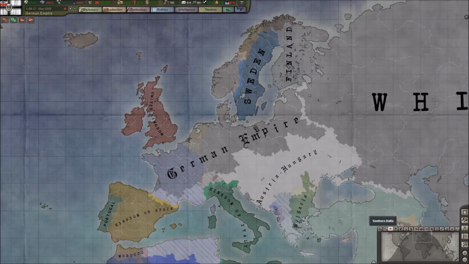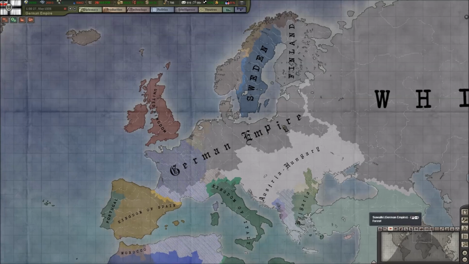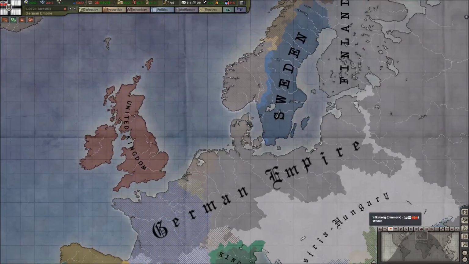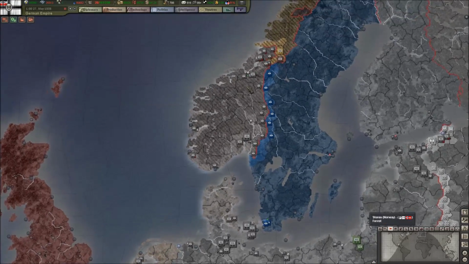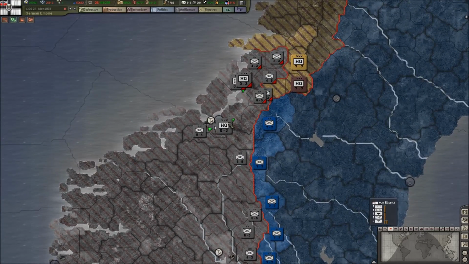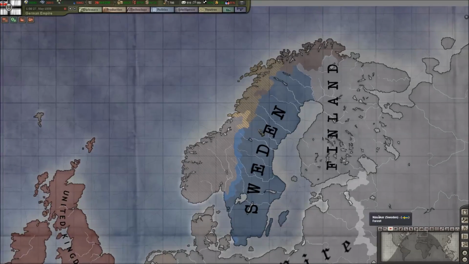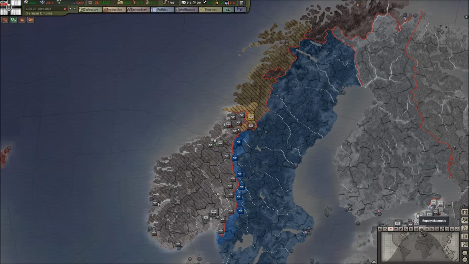I've got some more Hearts of Iron 3, Their Finest Hour, World War I mod, and we're playing as the German Empire. Last episode, we had taken back some of Norway. However, our troops are in horrible supply. You can see up here towards the northern, or I guess mid part of Norway, if I click on the supply map mode,